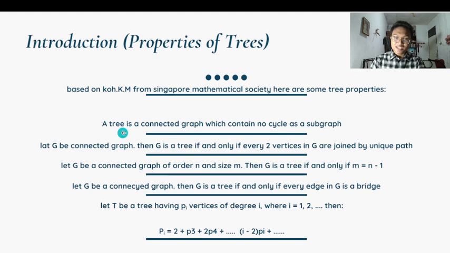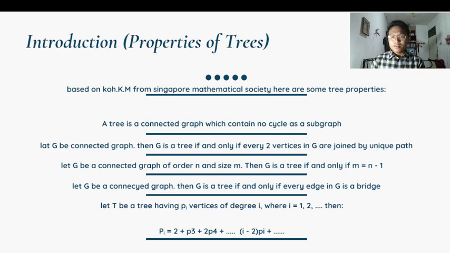First, a tree is a connected graph which contains no cycle as a subgraph. Second, let G be a connected graph; then G is a tree if and only if every two vertices in G are joined by a unique path. The third property: let G be a connected graph of order n and size m. Then G is a tree if and only if m equals n